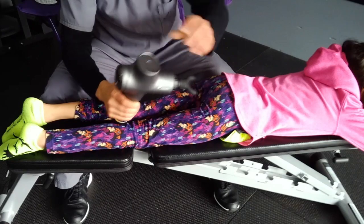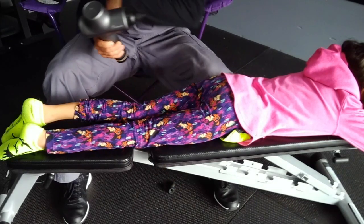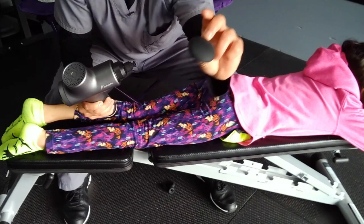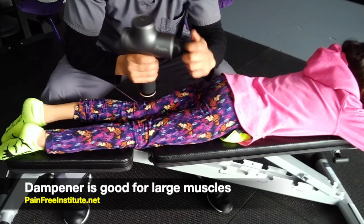All right, we're going to switch this. I'm going to pull this off, and we're going to switch to another attachment. This time we're going to try the dampener. The dampener is the one that's shaped like a mushroom, and this is good for large muscle groups and areas